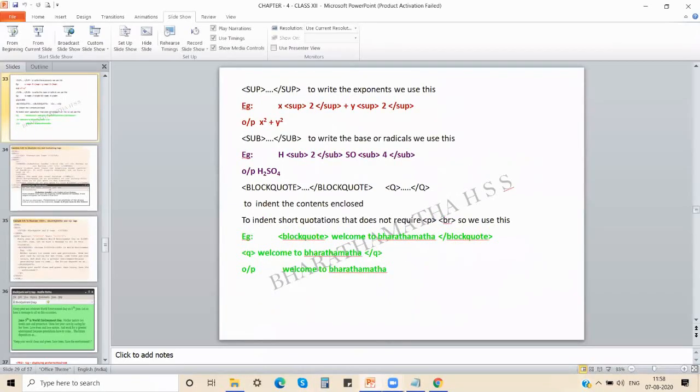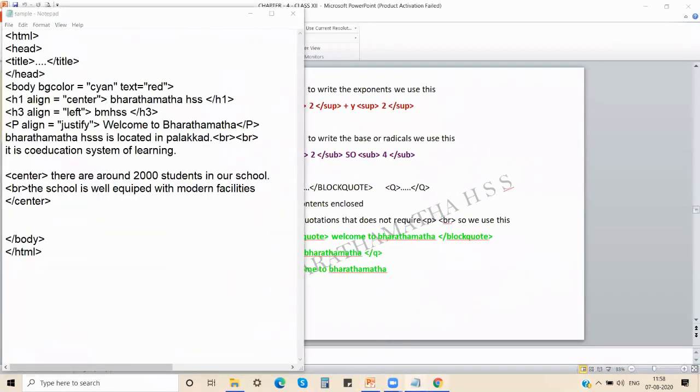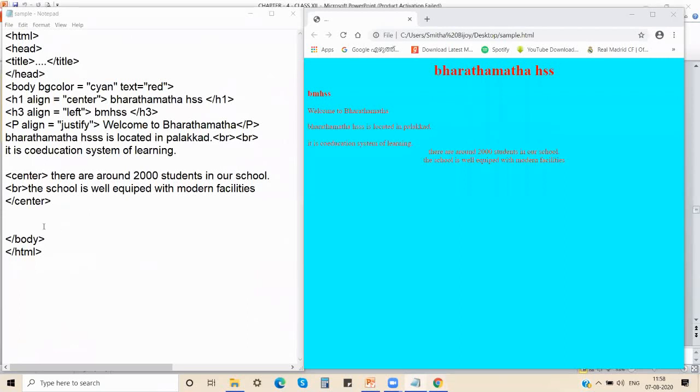So I'll show you the outputs. We'll work out some examples over here. Okay, so the HR tag we have to do. How I'll do it is: HR, size equal to 10, I will give in double quotes. Then there is no need to give a comma to separate. Just a single space will do.